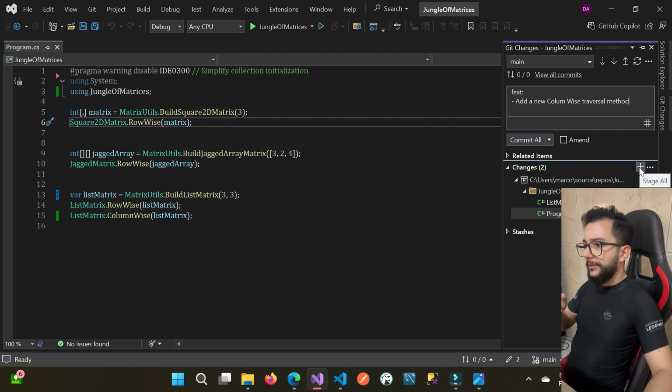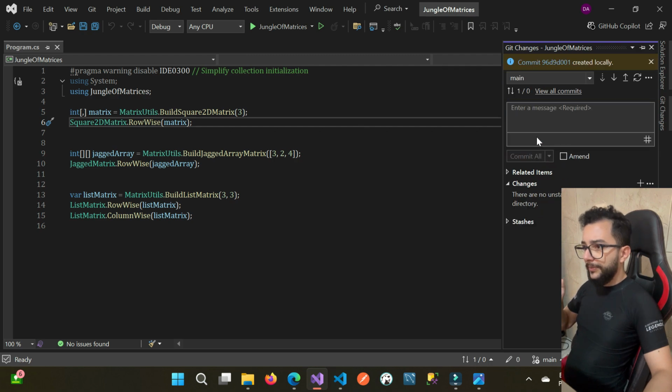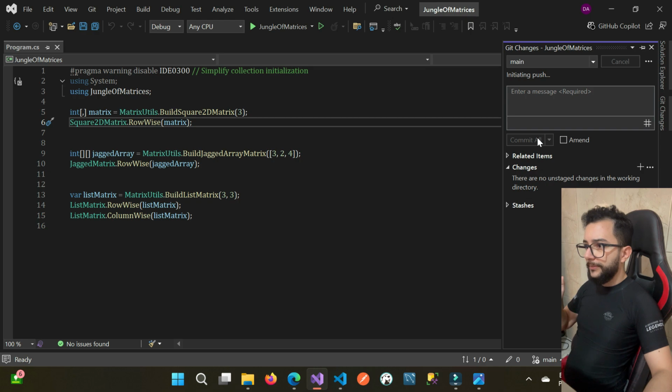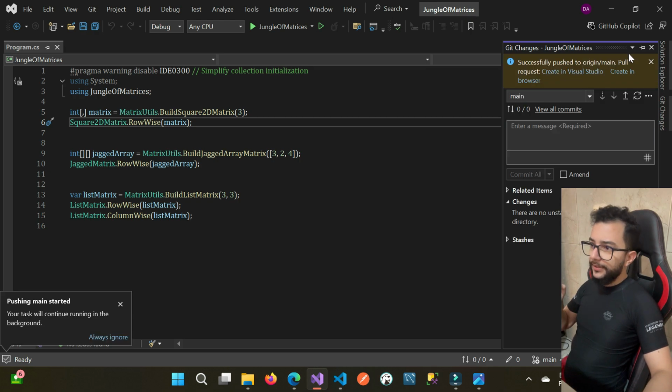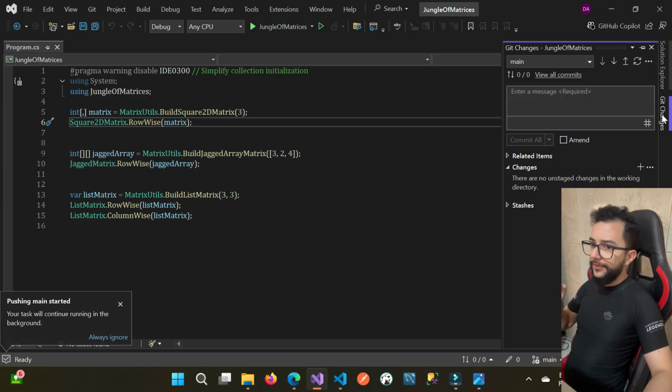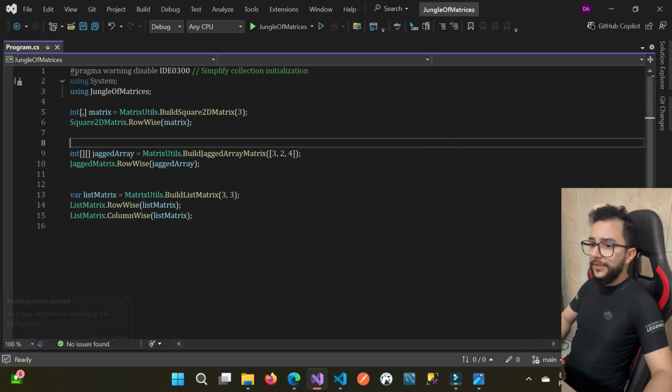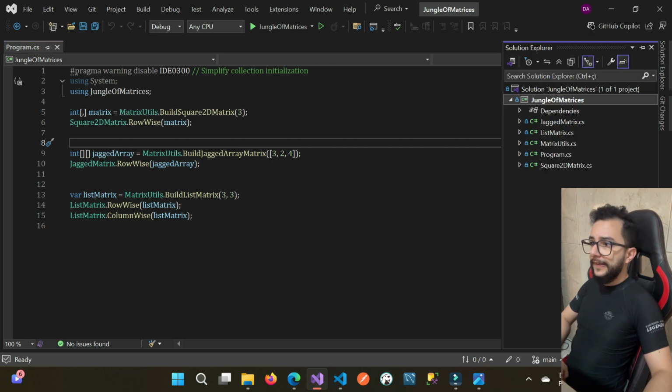So we're gonna stage everything and commit and push to the repository. Alright, it's done. Everything okay right now. So what I'm going to do right now is make a good README. A README is a very important part of the project. And so here in Visual Studio, you can switch the way to visualize